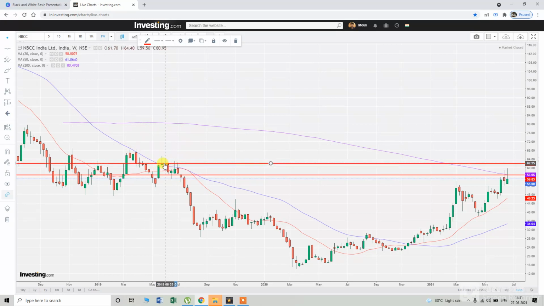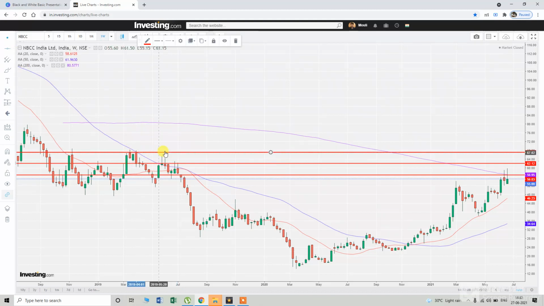So after that, what can be the next unbroken high? It went down again, it was here. So yes, this can be the next unbroken high. Even this is also strong. It was contacting at 3 different points, 3 highs. One is here, one is here, and one is here. So like this, we will be drawing resistance,